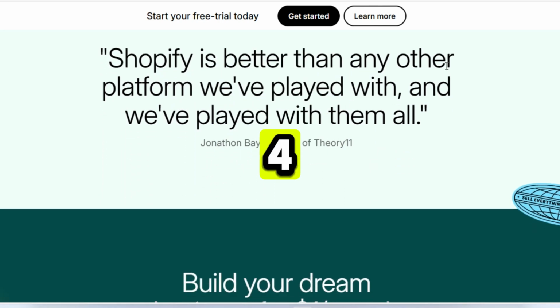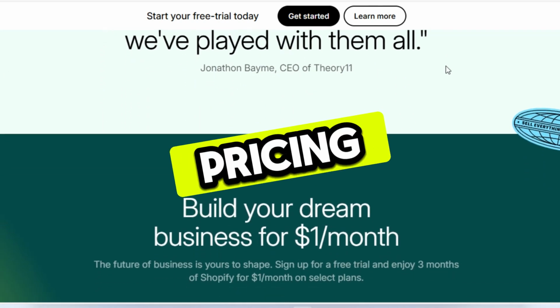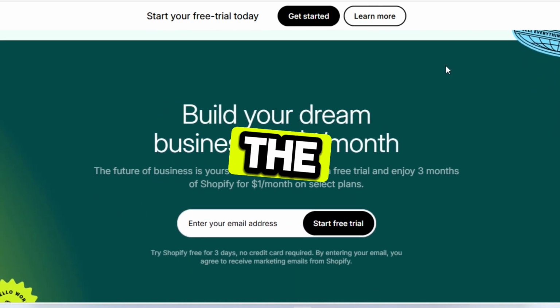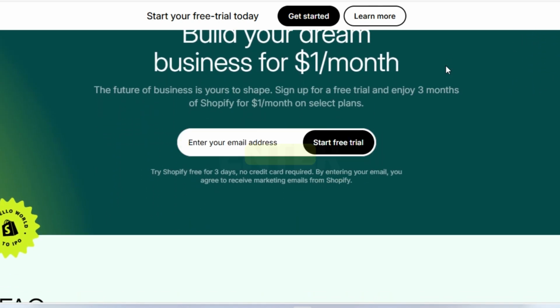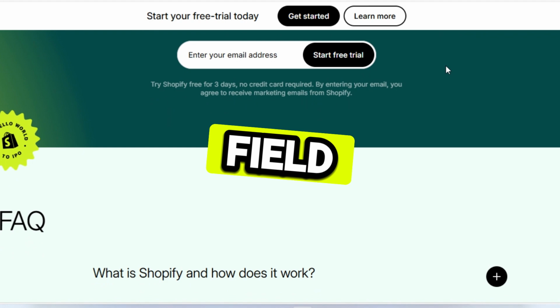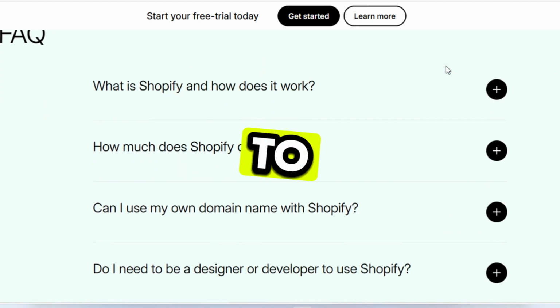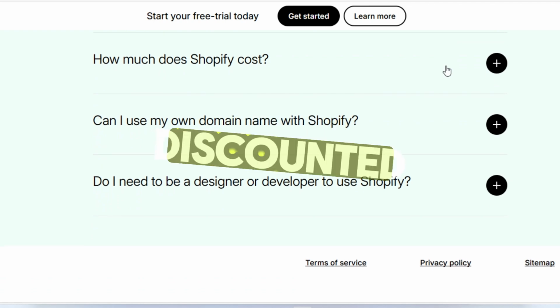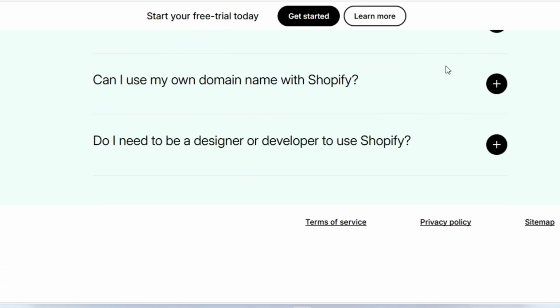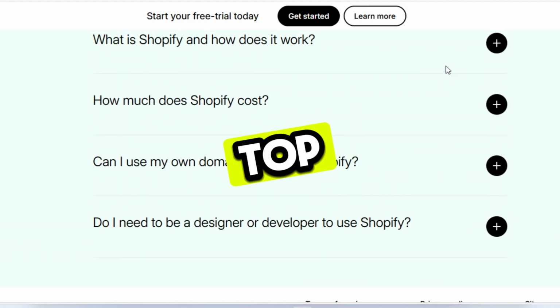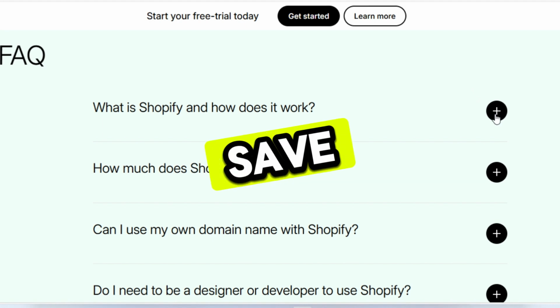Step 4. Under the pricing section, you'll see the current price and the compare at price field. Simply enter your new selling price in the price field. Step 5, if you're running a promotion, you can use the compare at price to show the original price above the new discounted one. Step 6, scroll to the top or bottom of the page and click Save to apply